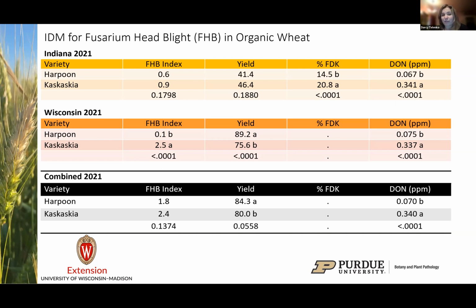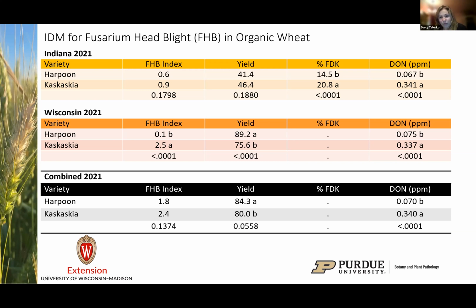I would say the risk for scab this past year was low. So we didn't have the conducive conditions, at least in Indiana, for risk, but this is looking at those 2 varieties. So you can see, in Wisconsin, actually, Damon did see a significant difference in Fusarium head blight, which is the measurement of the infection of those heads. You can see that the Harpoon did provide some better resistance to infection. They also saw a boost of yield there in Wisconsin, and a reduction in DON,